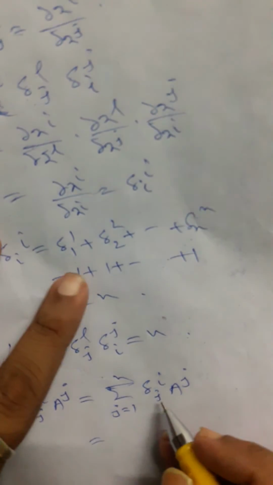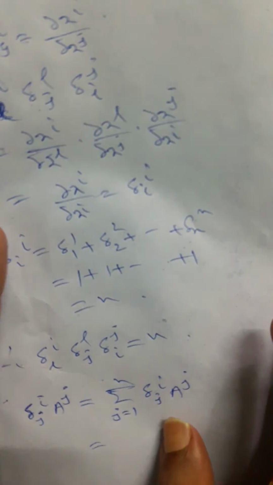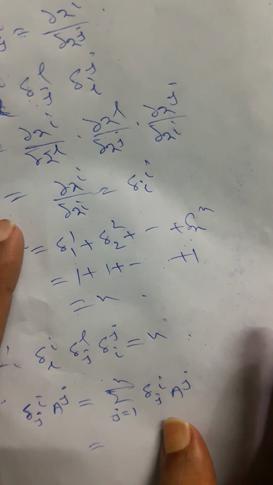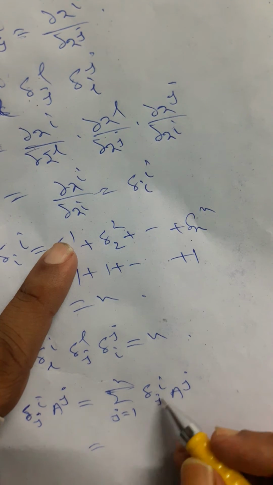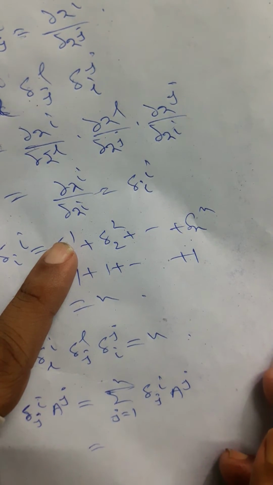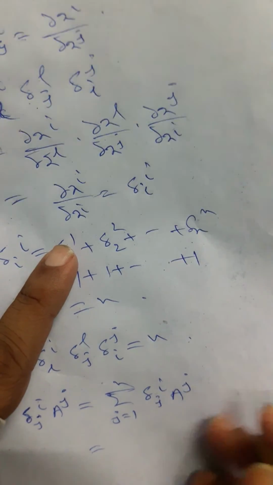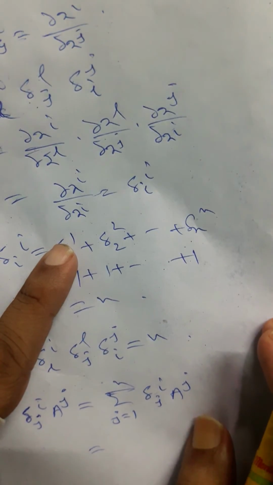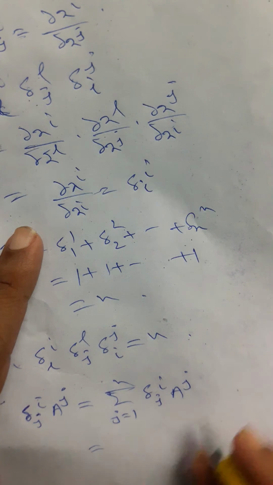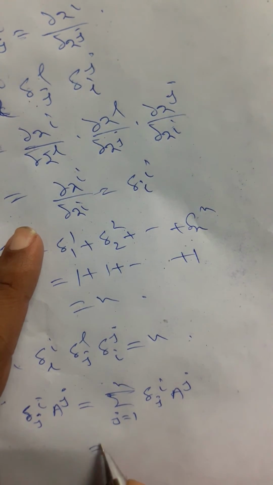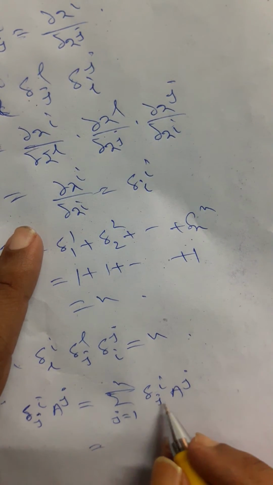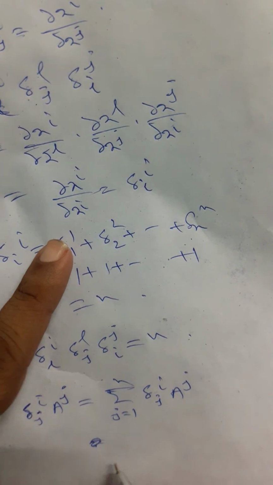If we observe the expansion, every term will be 0. Already one term exists. Which one is this? When j equals i,